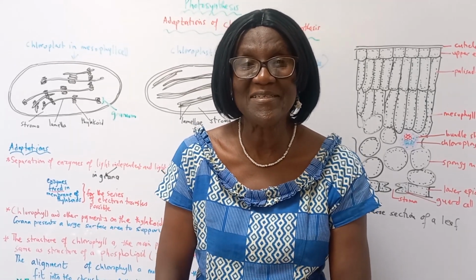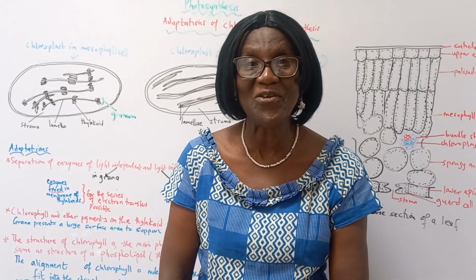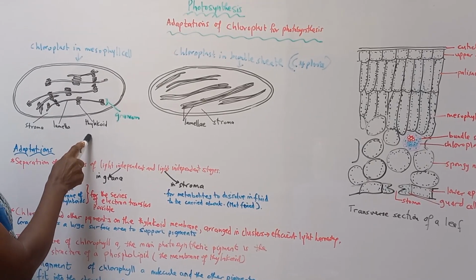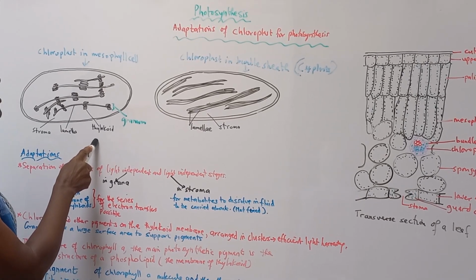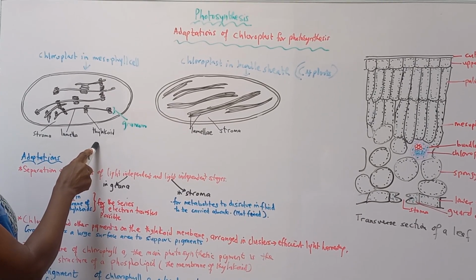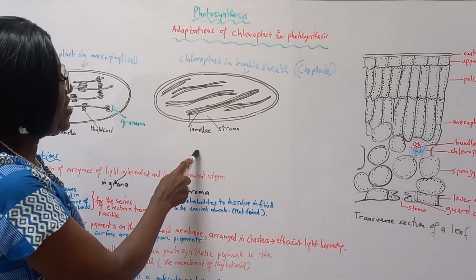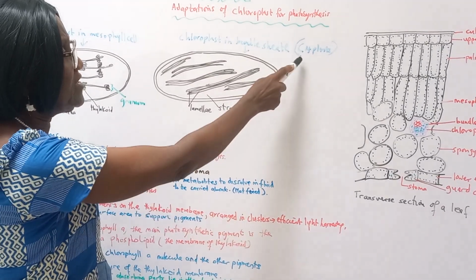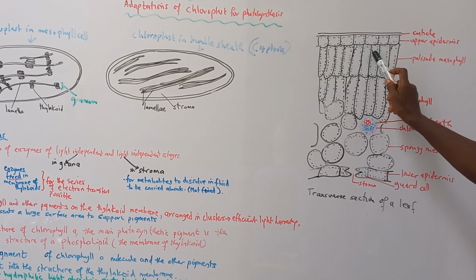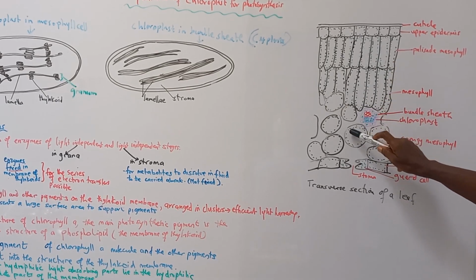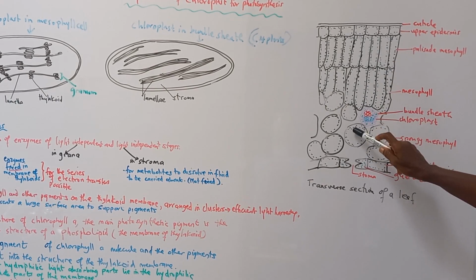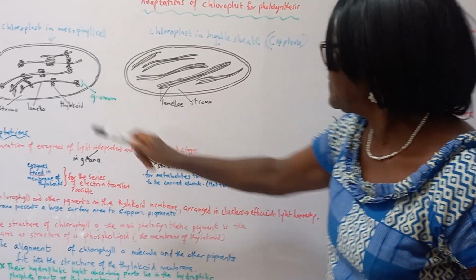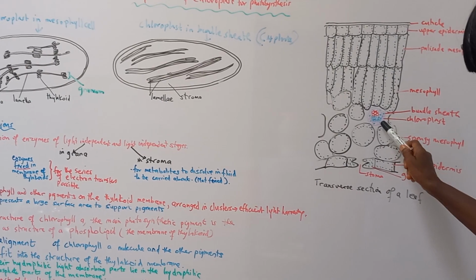In today's lesson, we are looking at adaptation of chloroplast for photosynthesis. Here's the structure of the chloroplast in the mesophyll cell of all plants. And here is the structure of chloroplast in the bundle sheath of C4 plants. And the chloroplast in the mesophylls, both palisade and spongy, the chloroplast is this, and this is a bundle sheath